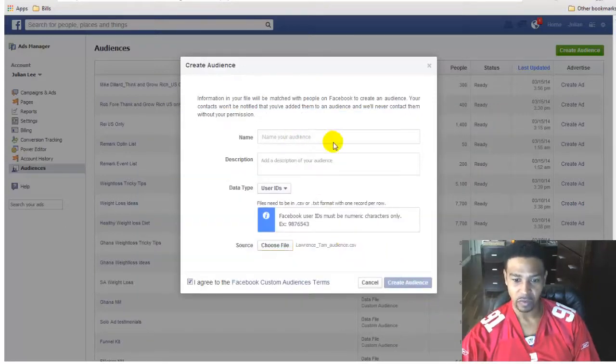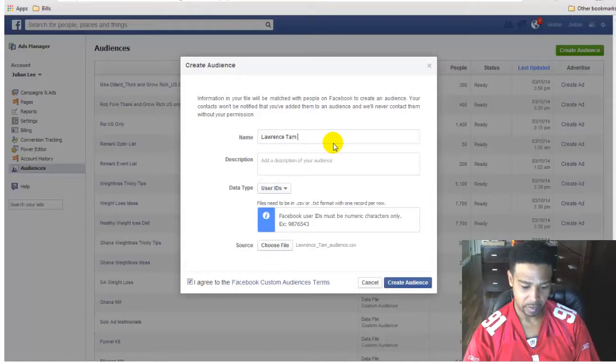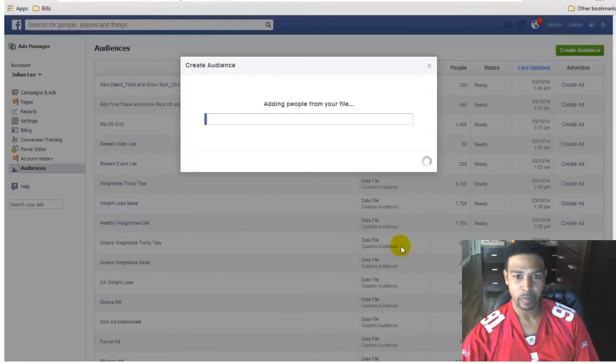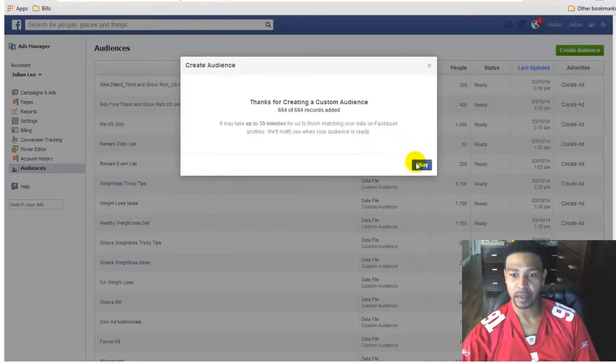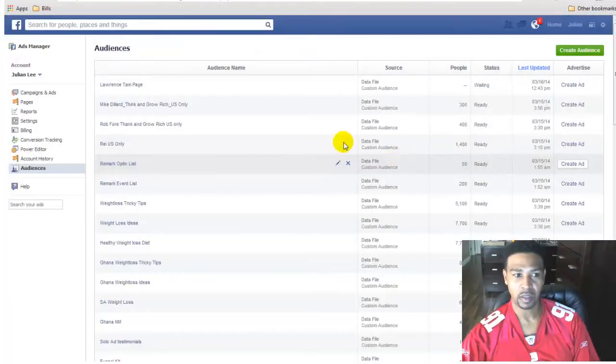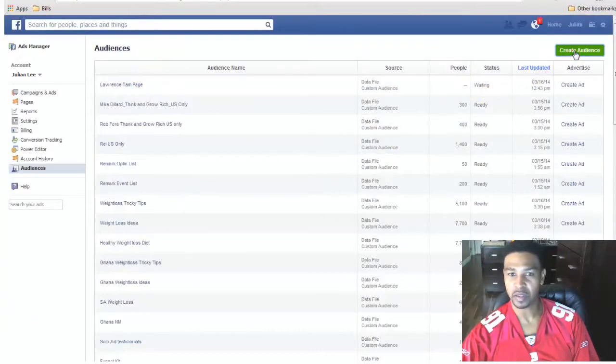So these are all the folks, the passionate members of Lawrence Tam. I'm just going to give it a name, just for my reference. Lawrence Tam, and I'll just say page. All right, so all I want to do is create that audience. So just go ahead and click on create. It'll automatically be added, and boom, it's right there. Just hit OK. Just waiting for that to update. And there's that group. And if I want to pull another one,